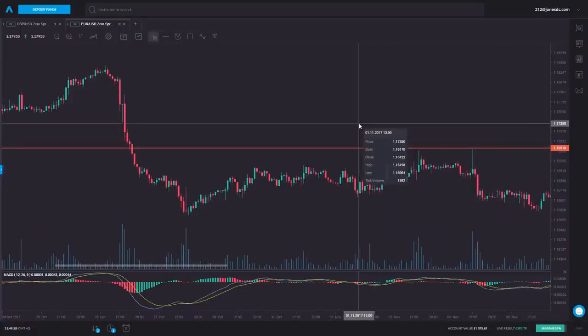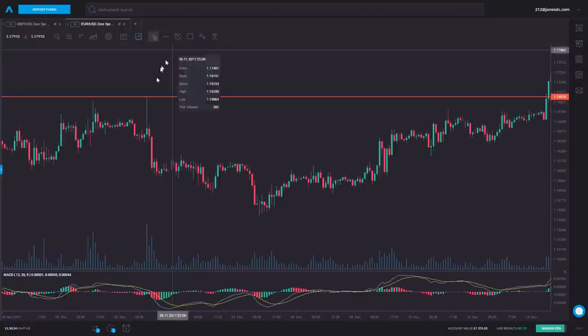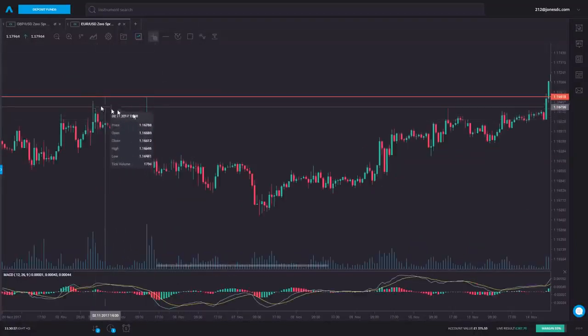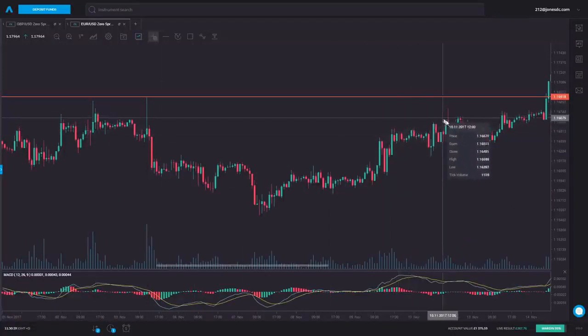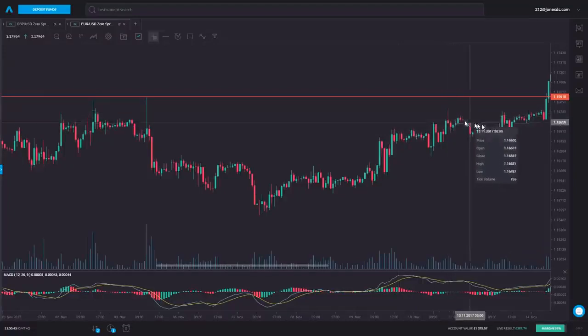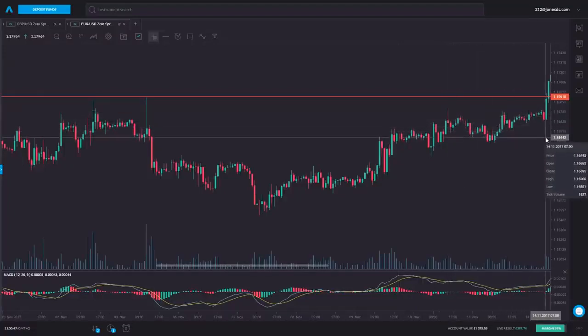So an aggressive strategy, if you thought, okay, if the market breaks through 116.91, maybe you set an order at 117, you want to be a buyer. Let's just walk forwards and see what happens. So we can see this was a problem back on the 2nd of November, the 3rd of November, comes back up to it on the 10th of November, and we see a similar thing happening again. The market really doesn't want to rally up through 117, but if we jump here, the 14th of November,